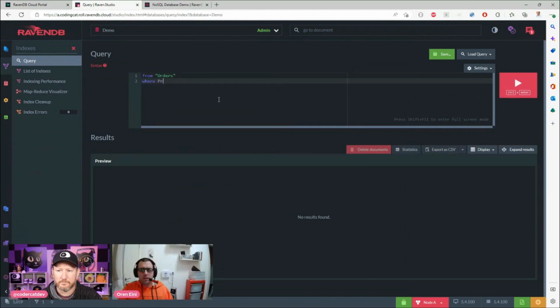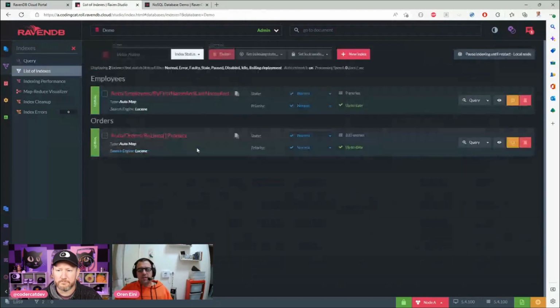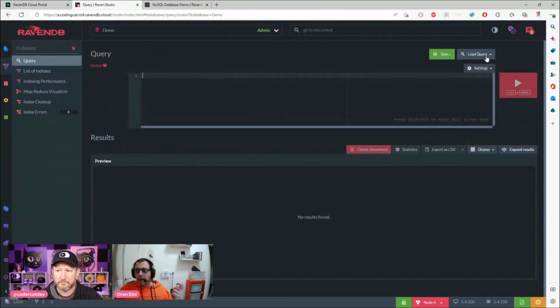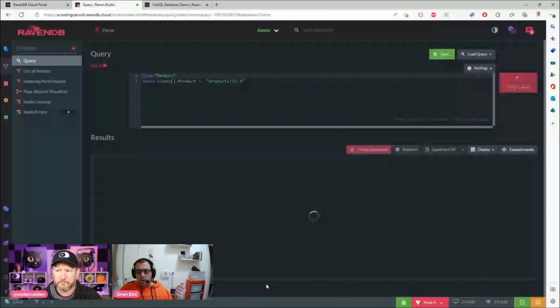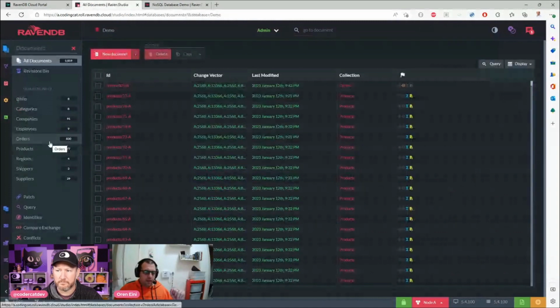So I'm going to do this. It goes ahead and finds it for me. Now, and again, now I have the right index, and the index is important because as the size of the data grows, I want the latency of my queries to remain consistent. So we can see here that this takes about 0 to 1 millisecond. But again, we have almost no data. 830